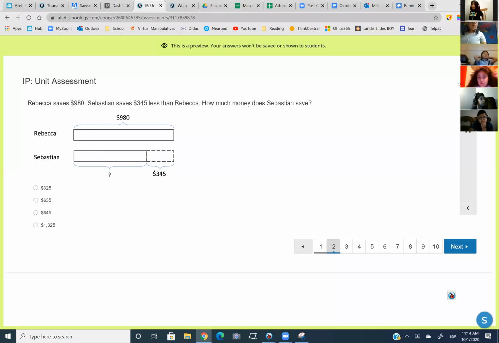Now let's look at the next problem. The next problem says Rebecca saves $980. Sebastian saves $345 less than Rebecca. Oh, that means he has less than Rebecca. And I can notice here because Sebastian has a smaller bar than Rebecca. How much money does Sebastian have? So again, my question is, how much money does Sebastian have? And I know that Rebecca saves